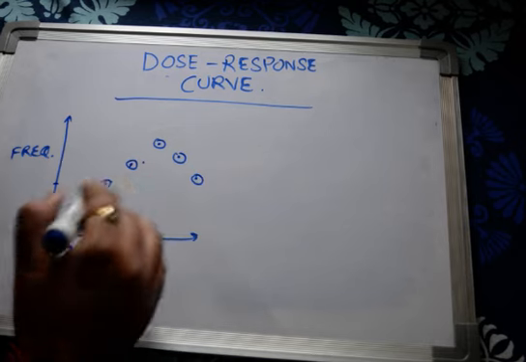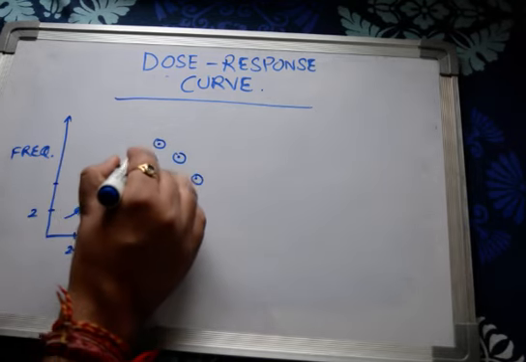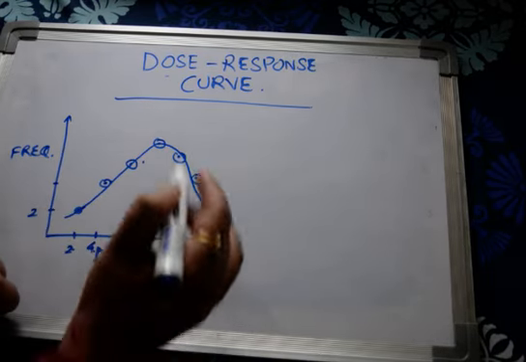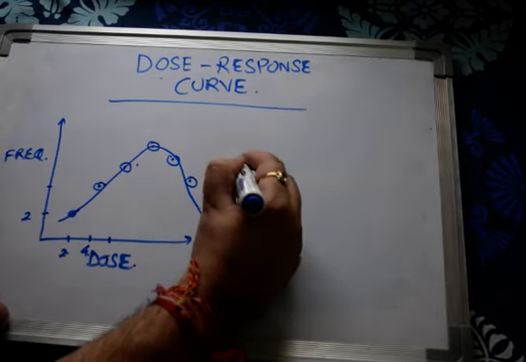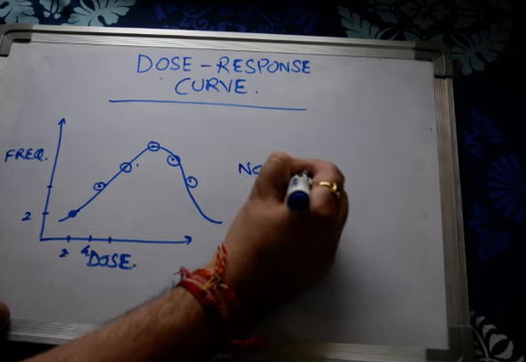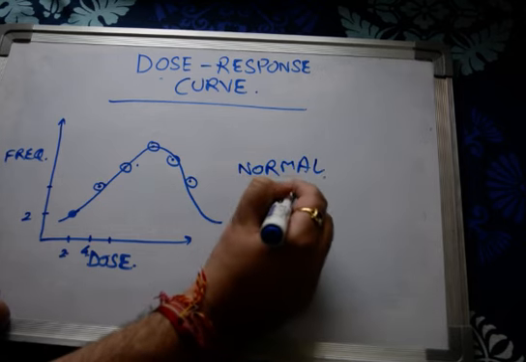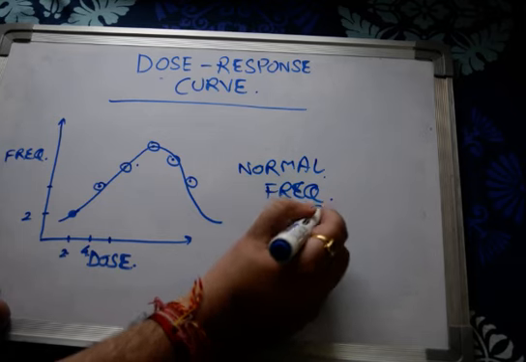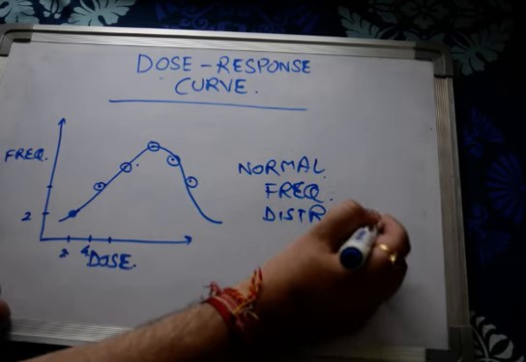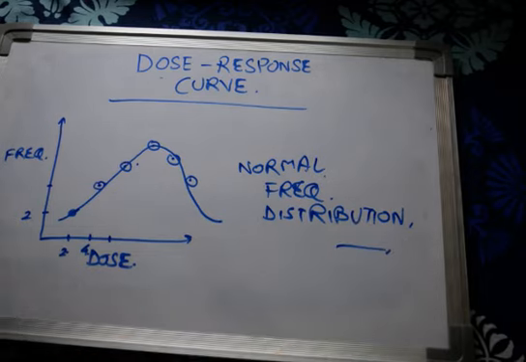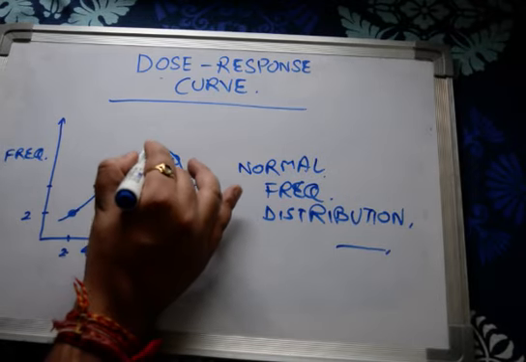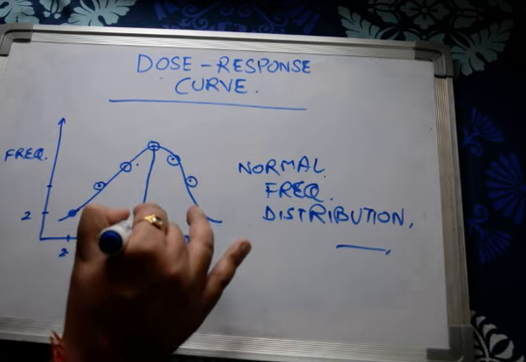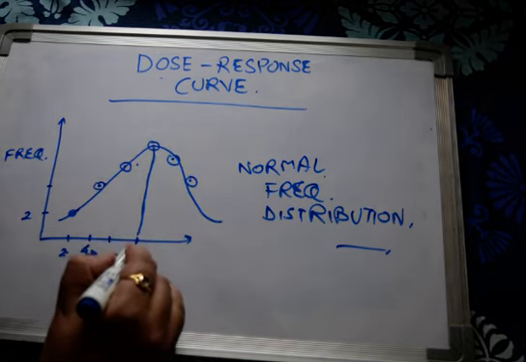So it gives you a curve which is bell shaped. Okay, and this type of curve is normally what we call a normal frequency distribution. So this is a normal frequency distribution curve, which we normally see in many other conditions also. So here you will see that there is a maximal frequency which will be shown at a dose which is